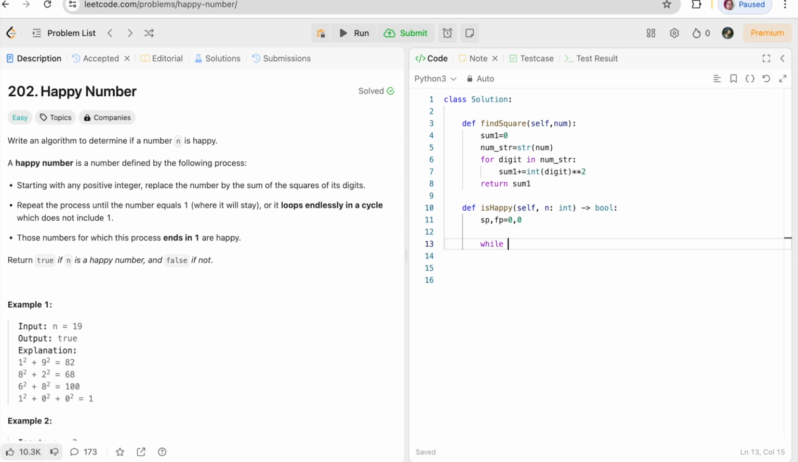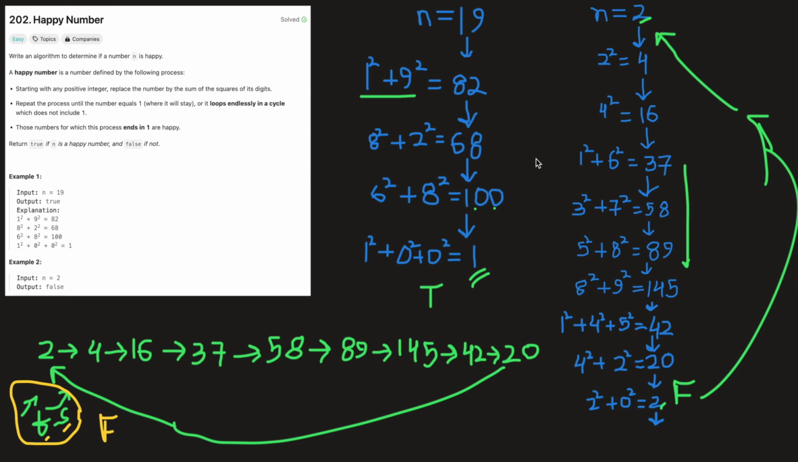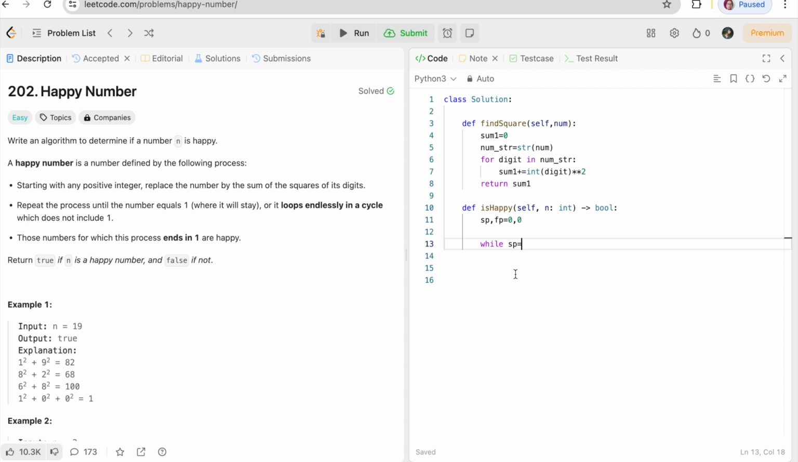Next we'll have to compute until either of them reaches 1, because in this example it will detect a cycle, but there was an example where it will not be a cycle, and there is a chance that we'll find a happy number. So when we find a happy number, either one of these pointers reaches 1. Okay, so we'll say that if